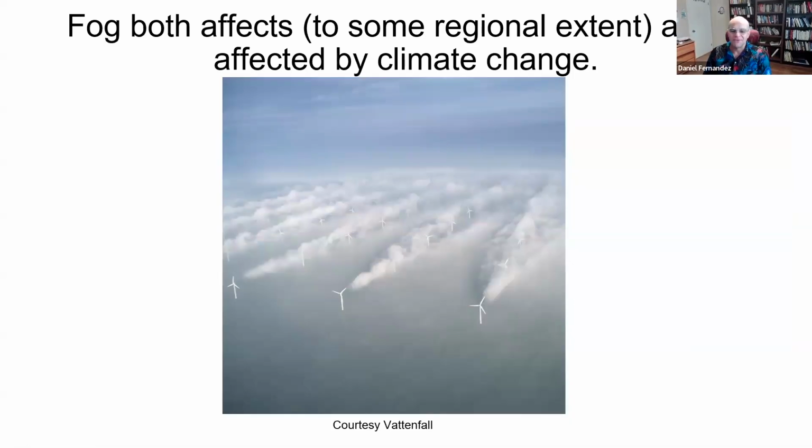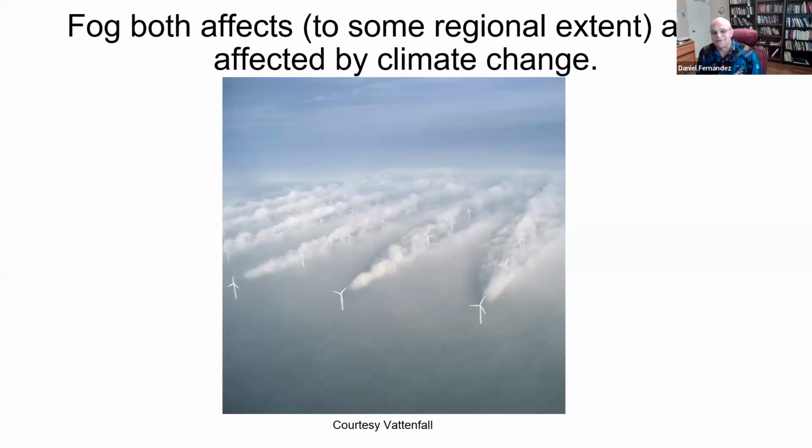Fog, and this is one of those pictures I've seen in a number of different publications. I just love it. Perhaps you may have seen them before, wind turbines out on the ocean. And what's interesting is, as a result of the wind turbines and the mixing that they're providing to the different types of air masses, they're actually generating fog downstream of them. And I've seen a number of different photos that illustrate this. The photo's kind of a pretty photo, but